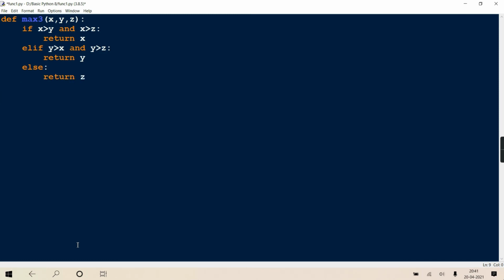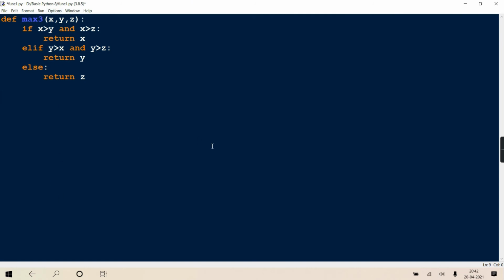So this is the logic I think for the maximum of 3 numbers. What do you say? If x is greater than both the other two, x is maximum. If y is greater than the first and the third, y is maximum. Otherwise, obviously z. Now we have to test it.